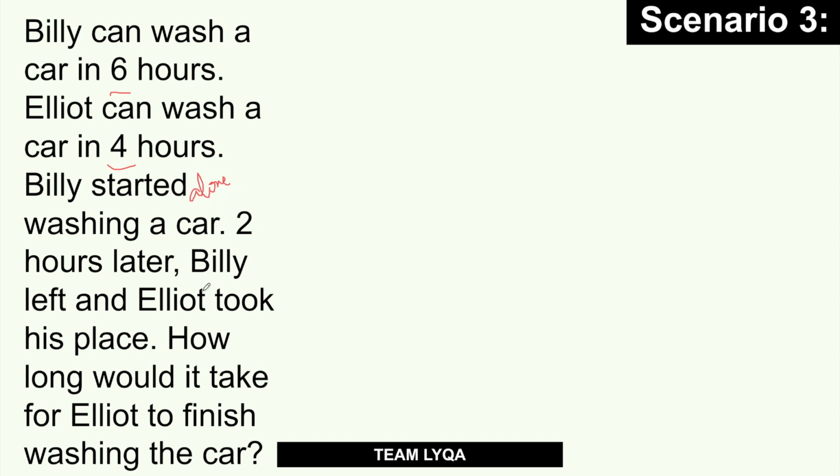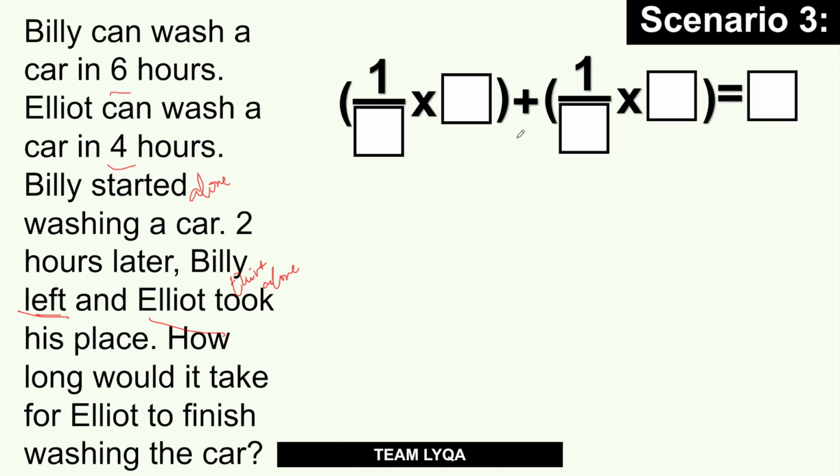And then 2 hours later, Billy left. So ibig sabihin, umalis na si Billy, Elliot took his place. So ang mangyayari would be Elliot alone. Tatanong kung ilang oras si Elliot mag-isa. So in here, okay, the formula becomes like this. This would be Billy alone. This will be Elliot